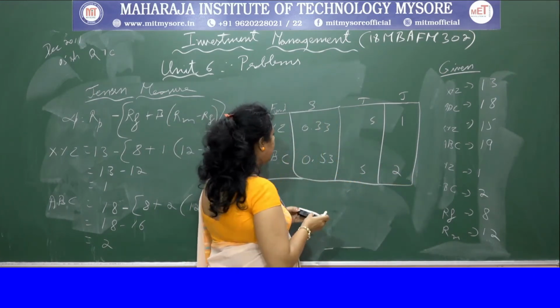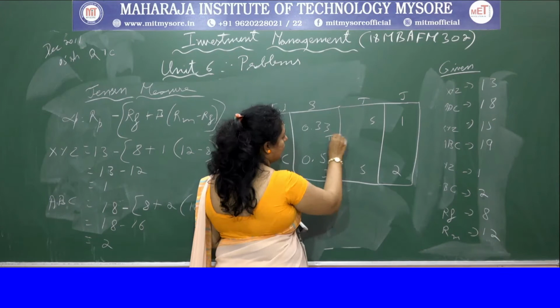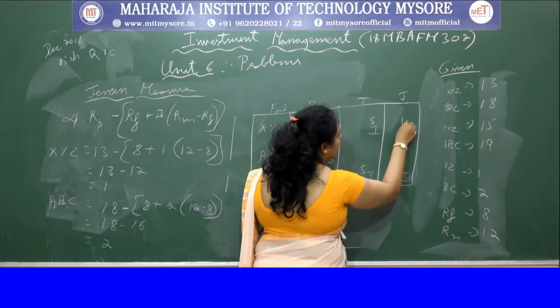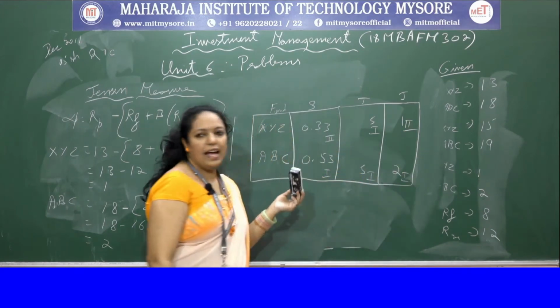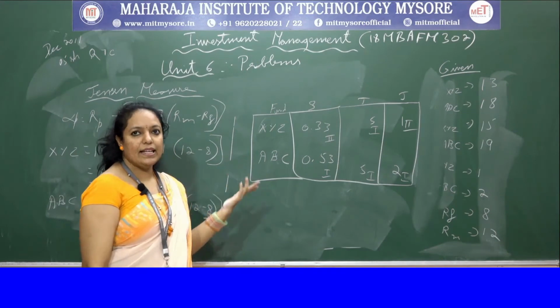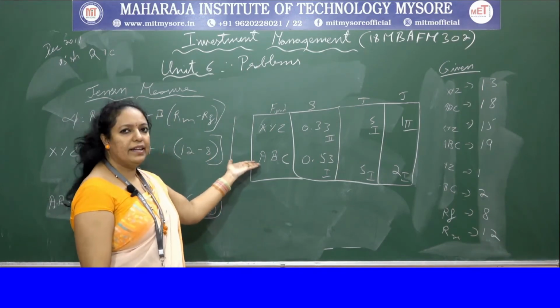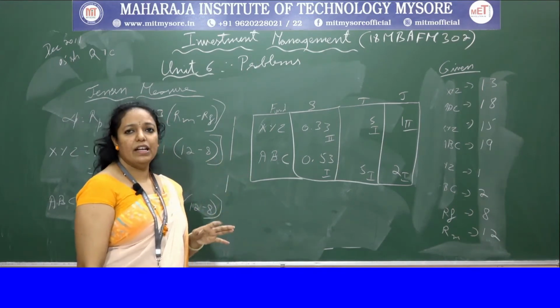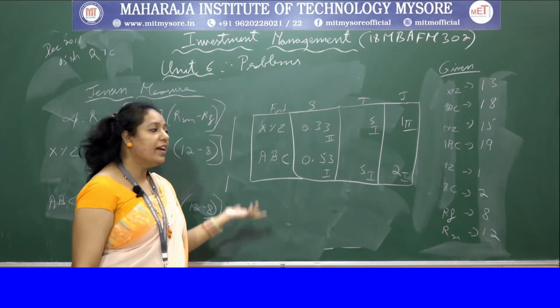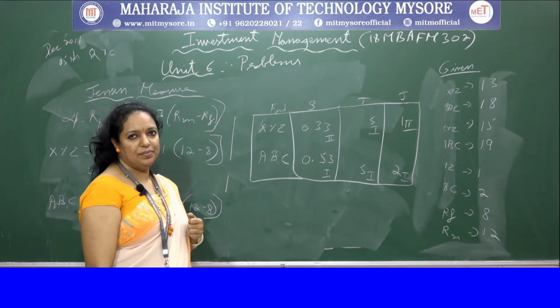Let's do the ranking now. This is 1, this is 2, and for Sharpe and Treynor both we'll put 1. So this is 1 and this is 2. So we have a clear winner. When we interpret the results, you can see that fund ABC is performing very well, because when compared across Sharpe, Treynor and Jensen's measure, in all three the ranking is good.